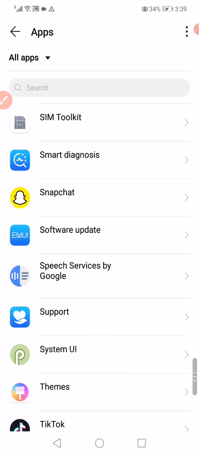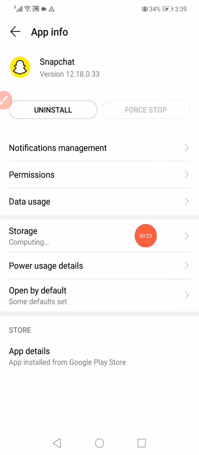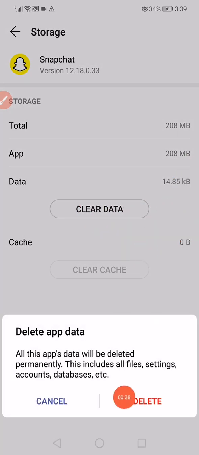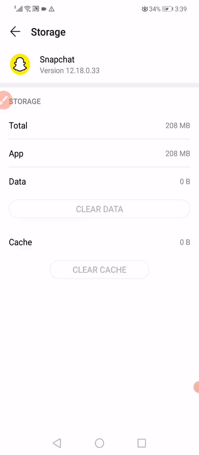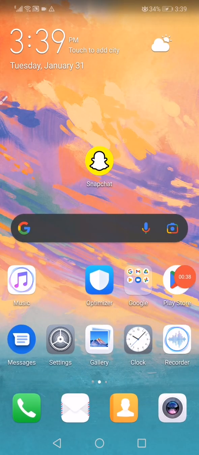find Snapchat. Go down, click on Snapchat like this, click on force stop and then go to the storage, click on clear data and click on delete to delete all the files, settings, accounts and databases. Go back and now click on the home page, and now all what you want to do is go to